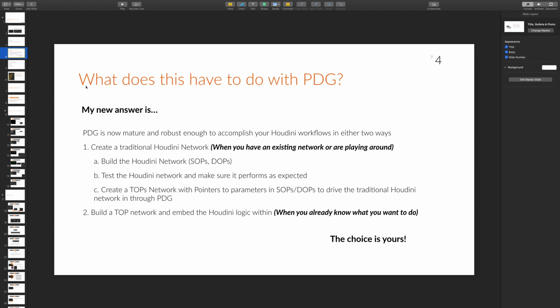So what would you do? You would build your Houdini network in SOPs or DOPs or wherever, test the Houdini network to make sure it performs as expected, then create the TOPs network with pointers to parameters in SOPs or DOPs or to the HDAs that you created. But the other approach, which again, I'm just saying it's getting mature enough now to do, is